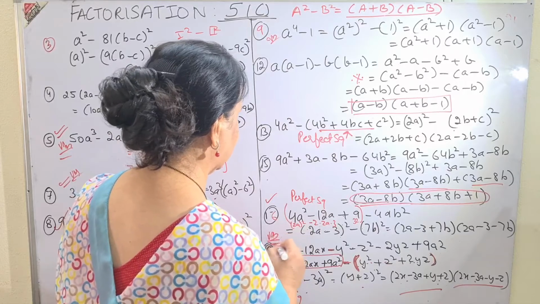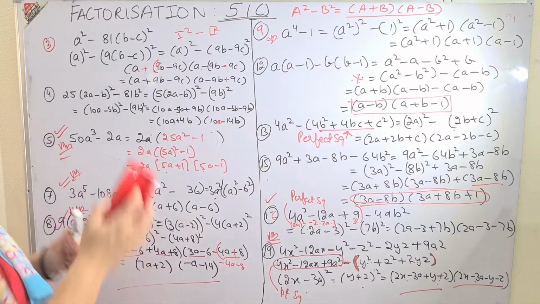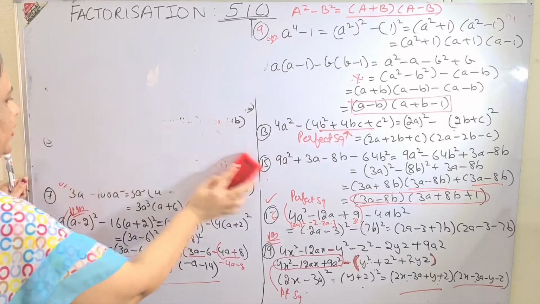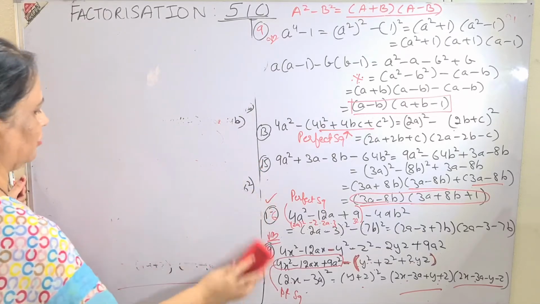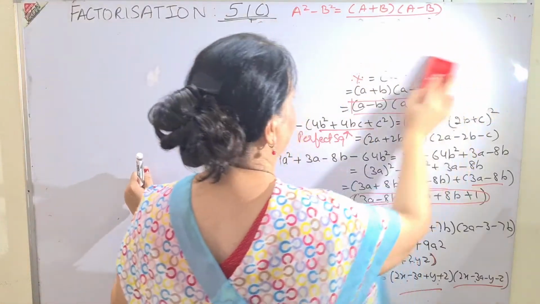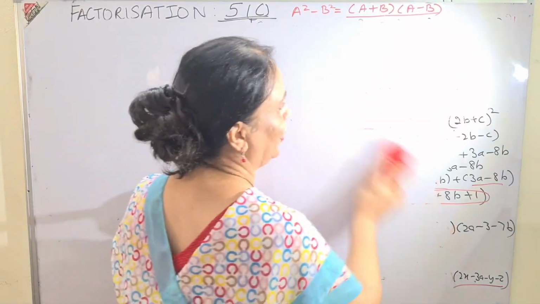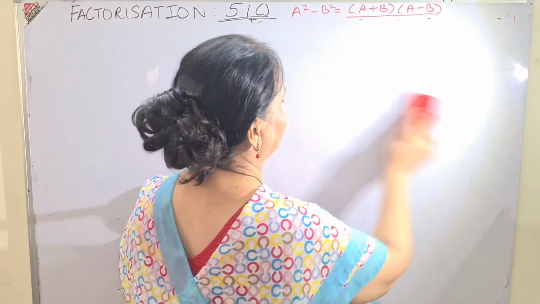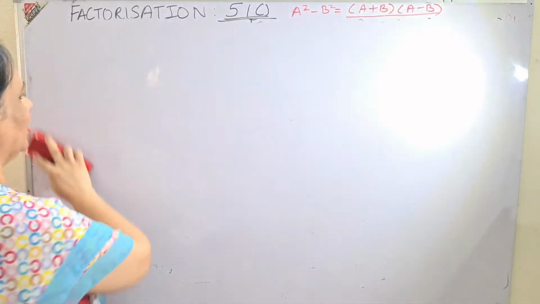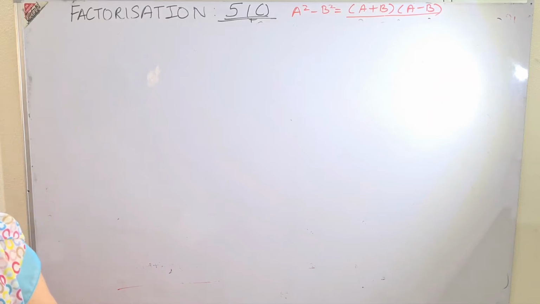See, in all the sums, what I am doing is making the term a whole square, then just putting in the formula, and the question is solved. My technique is to get the equation into first term square minus second term square, so that I can use the formula a square minus b square is equal to a plus b into a minus b. And doing the sums can only help you out, children. I can only explain, but unless you put in the effort, no one can help you out, not even your teacher.